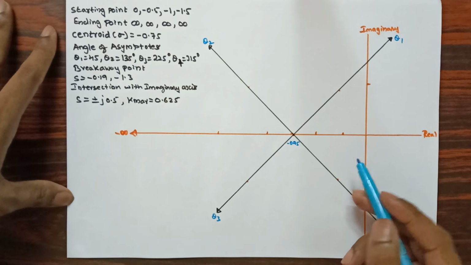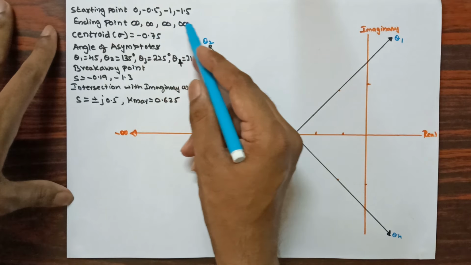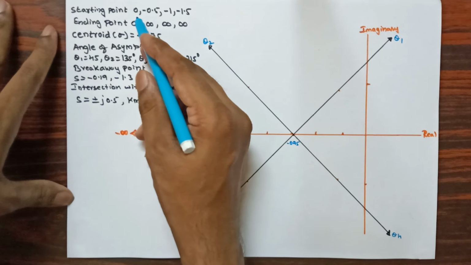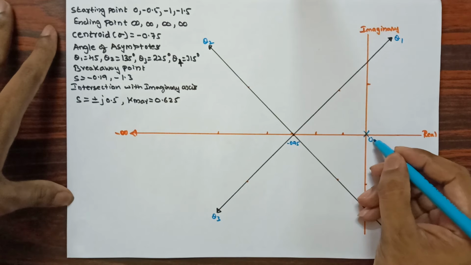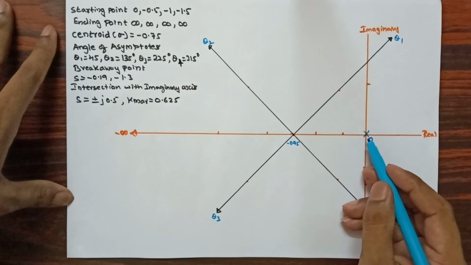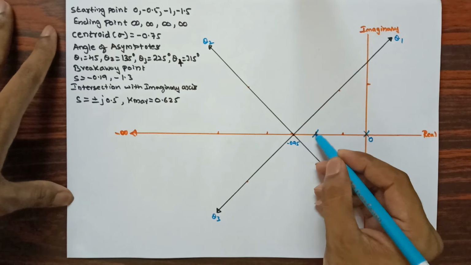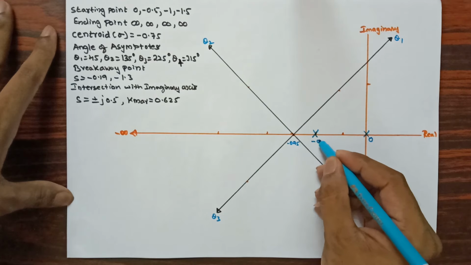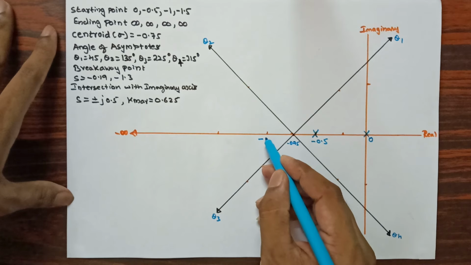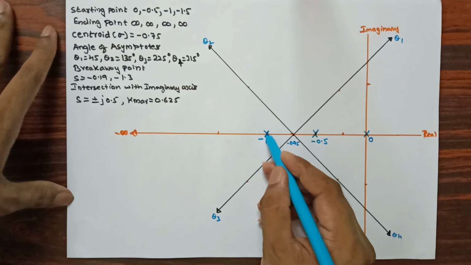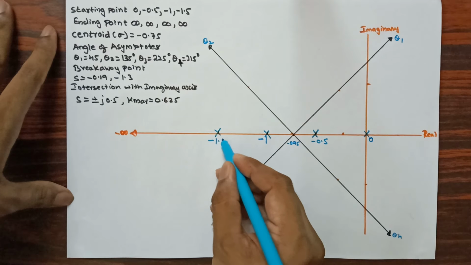To sketch the root locus, I am going to start with the starting points, that is here you can see 0, minus 0.5, minus 1, minus 1.5. The first value, that is s is equal to 0, is on the origin. Now I have taken here 4 units is equal to 0.5. So therefore I am going to consider the next pole, that is minus 0.5, at this point. Next, by 4 units, I am going to consider minus 1, the next pole, and here I have considered the fourth pole, that is minus 1.5.